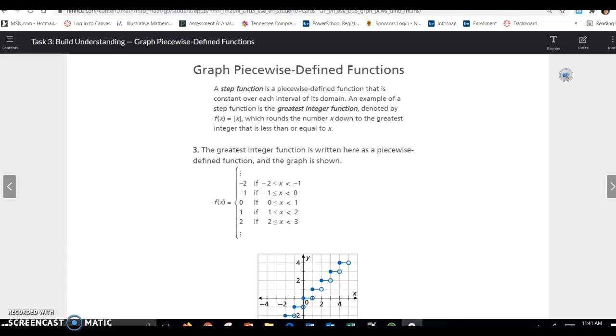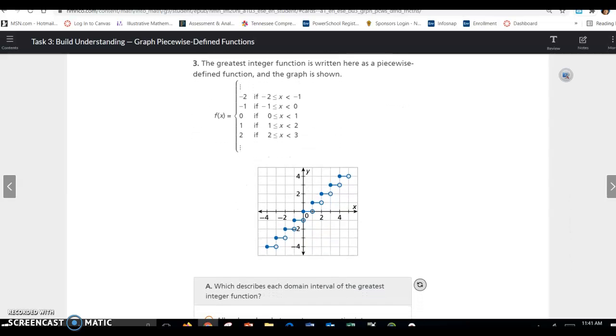That represents the greatest integer function, which rounds the number x down to the greatest integer that is less than or equal to x. The greatest integer function is written here as a piecewise defined function, and the graph is shown. All right, so you can see that f of x equals -2 on the domain from -2 to -1. So from -2 to -1,